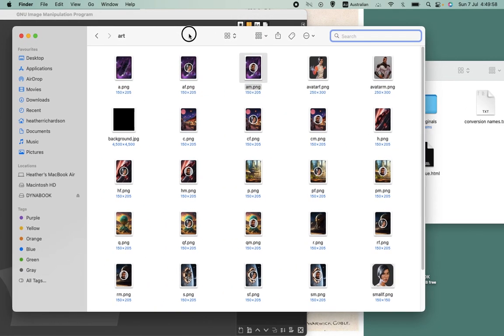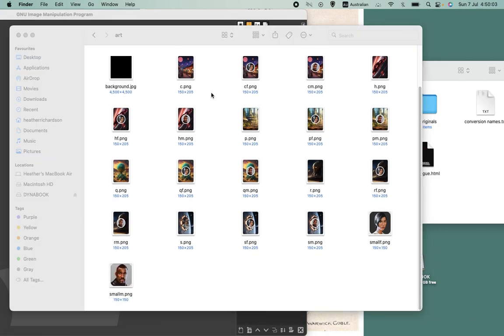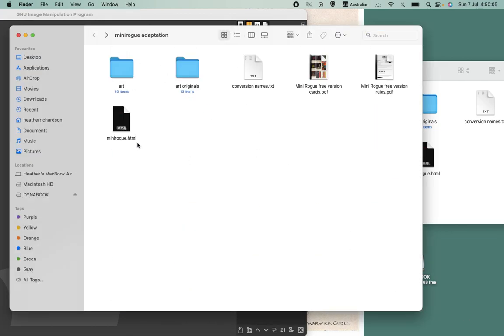But before I get into Twine, I want to get into this folder. This is the art folder of the game. So if we go back here, we can see that the actual program is here, and then we have some miscellaneous files here, which aren't part of the game. They're just background information and notes. And then we have art originals, which is where all the files are in the form that they came from the internet, and then this art folder is where all the graphics are as used in the game. So if we go into the art folder,